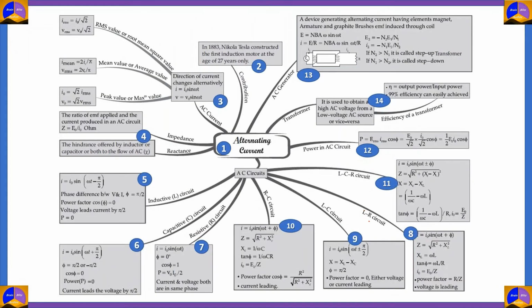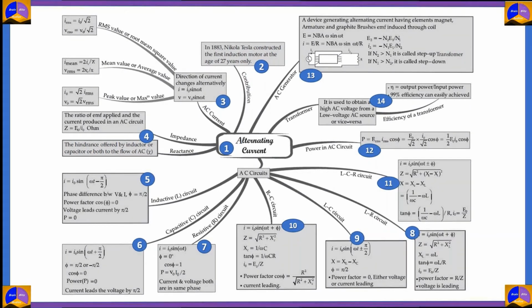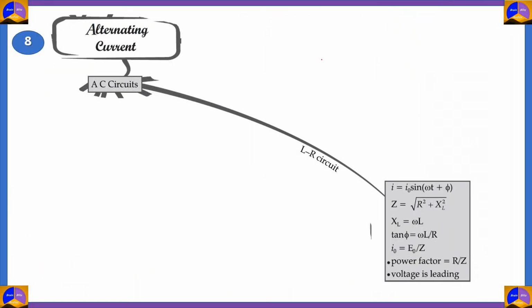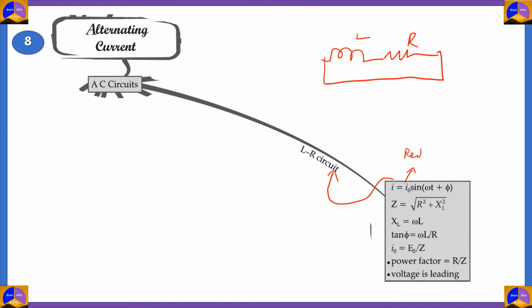So now let's move on to combinations. The first combination is the LR circuit. In an LR circuit, you have an inductor L along with a resistor R in the circuit. So the current for the LR circuit, that's I, is equal to I naught, the peak value, into sine omega t